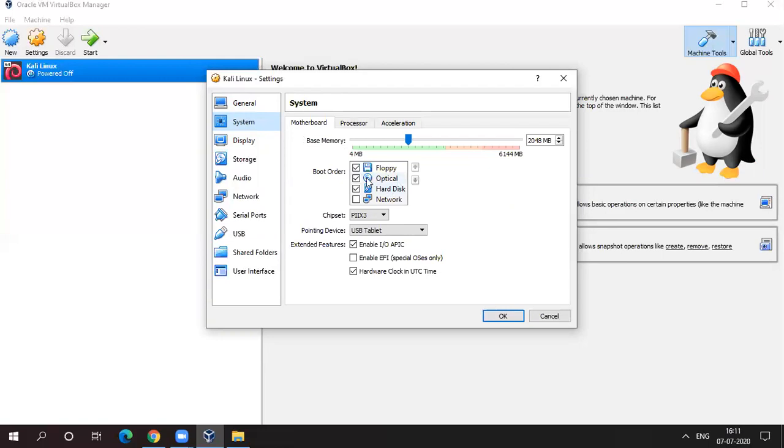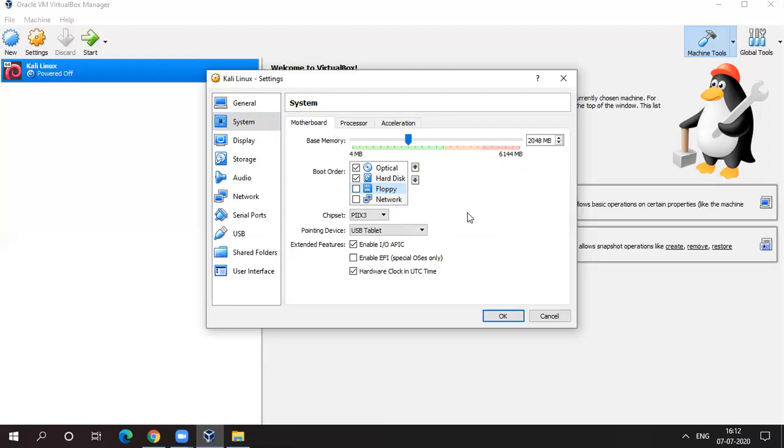Now we have to uncheck floppy because now it's not in use. Okay, first I'll put optical, then hard disk, then floppy, and then network, right?